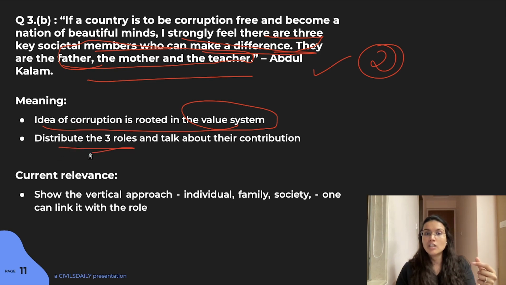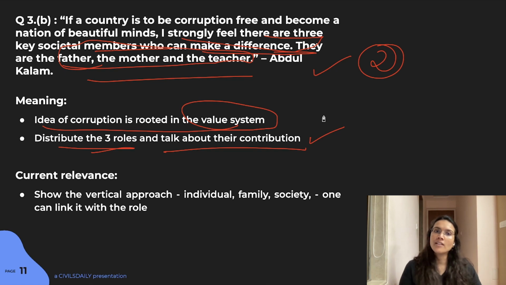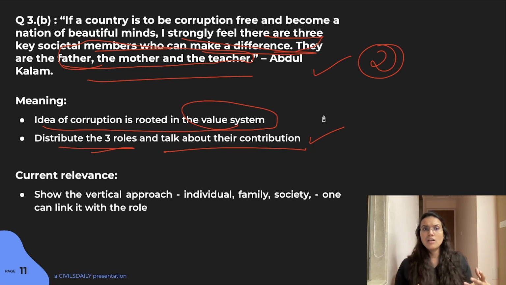You distribute the three roles and talk about their contribution. Now, how can a father teach you to be corruption free? Usually, if I talk in general, it might look a bit stereotypical, but when we're talking about fathers, we look at how we interact with the outside world. So if you're breaking a law, even a traffic law, that shows the child how it is okay to break laws. When you're talking about the mother,